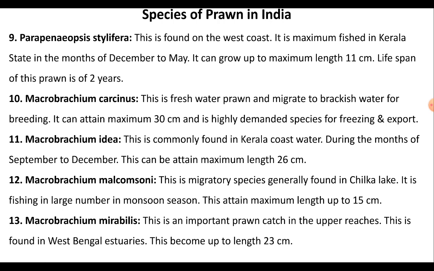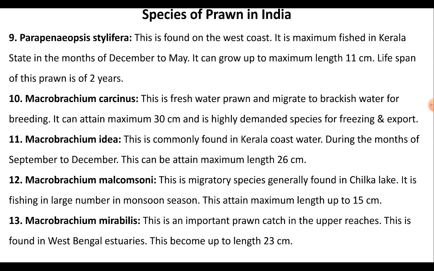Parapenaeopsis stylifera. This is found on the west coast and attains the maximum length of 11 centimeters and its lifespan is 2 years. Coming to the freshwater prawns, one is